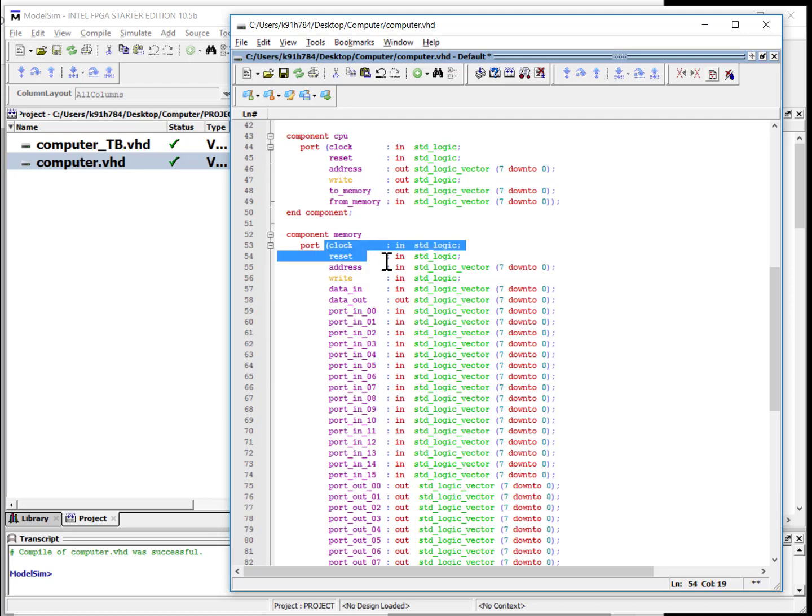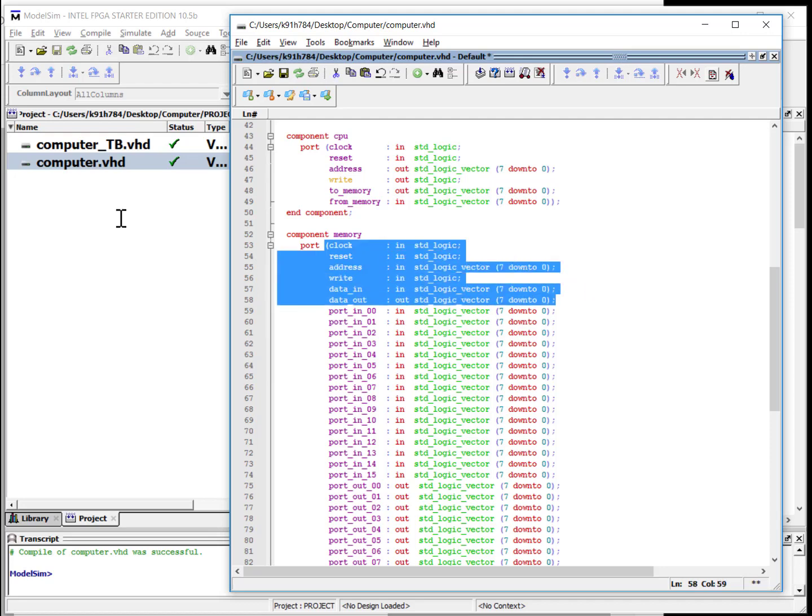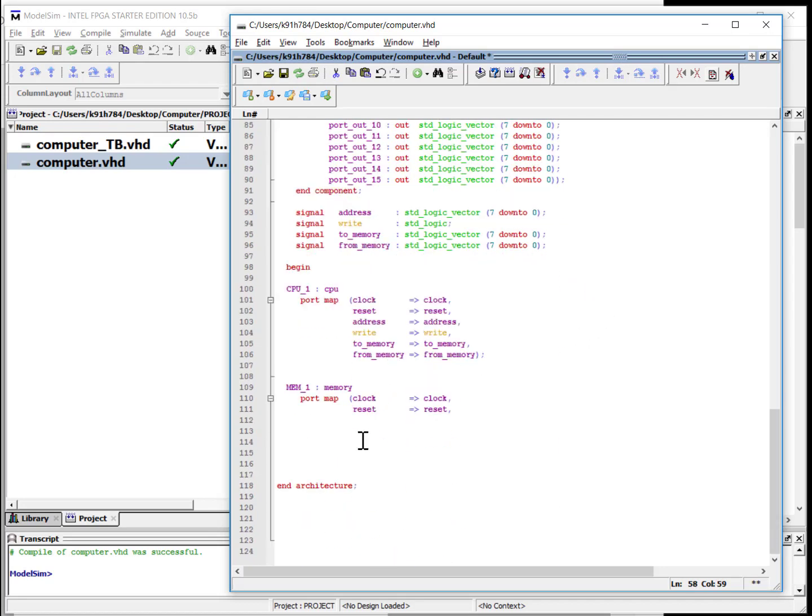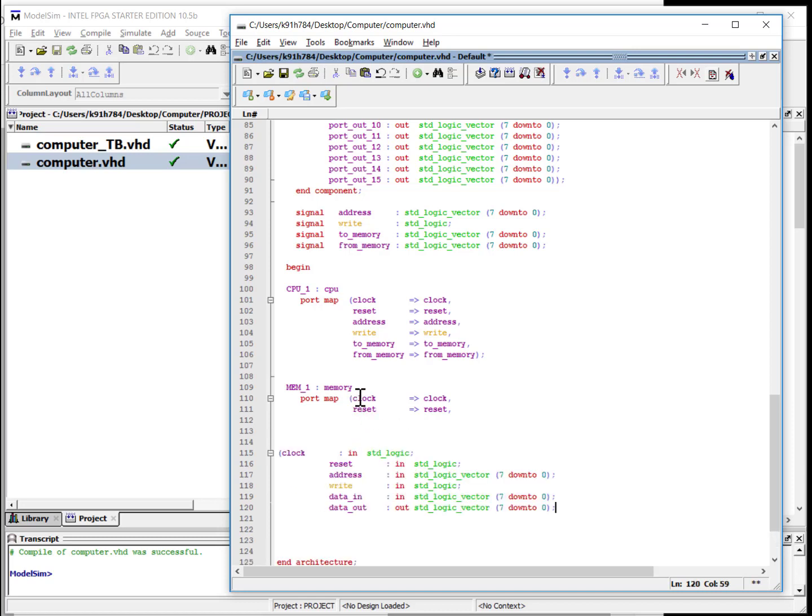So I've got clock, reset, write, data in, data out. I'm going to copy and paste those just so I can see them. That's just temporary. I'm just going to put them down here so I can see it. I've got clock and reset. That's good. The next one for the memory system is called